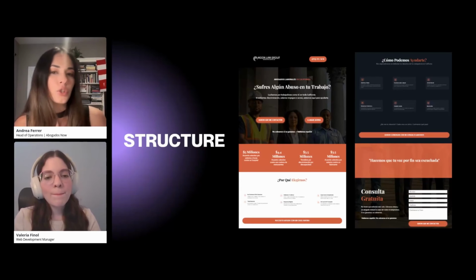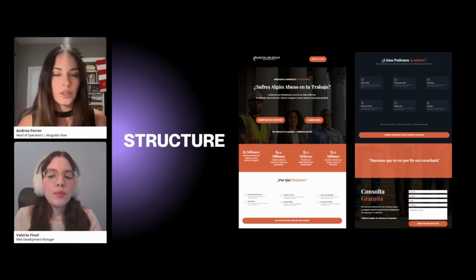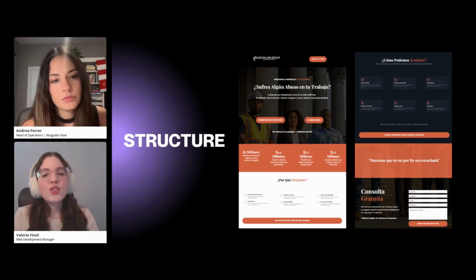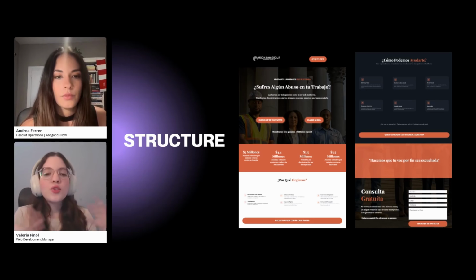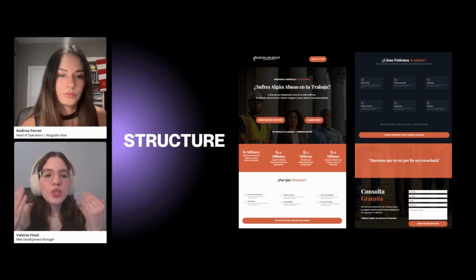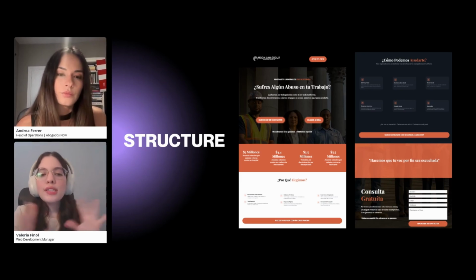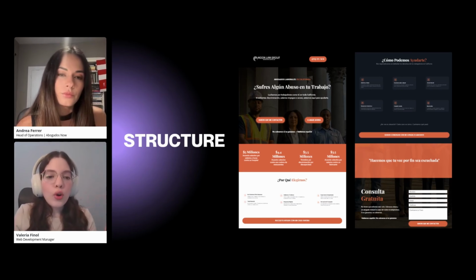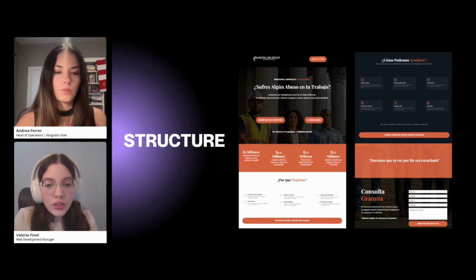So let's talk a little bit about structure. What is the structure of a landing page that converts? Yes. So a landing page, the structure is going to tell you what you see first, what's more important, what to do next. So let's say the ideal flow or the elements for a landing page are a hero section.